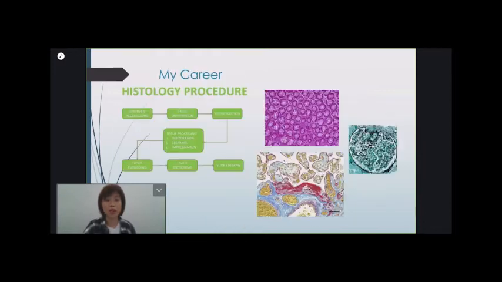So what I'm doing now is this: when patients have surgery, they may have some unwanted tissues to cut away, such as tumors, fibroids, cancer cells, etc. My job is to process the tissues for doctors to investigate, to see whether they are harmful or not. And these pictures are some tissues under a light microscope.